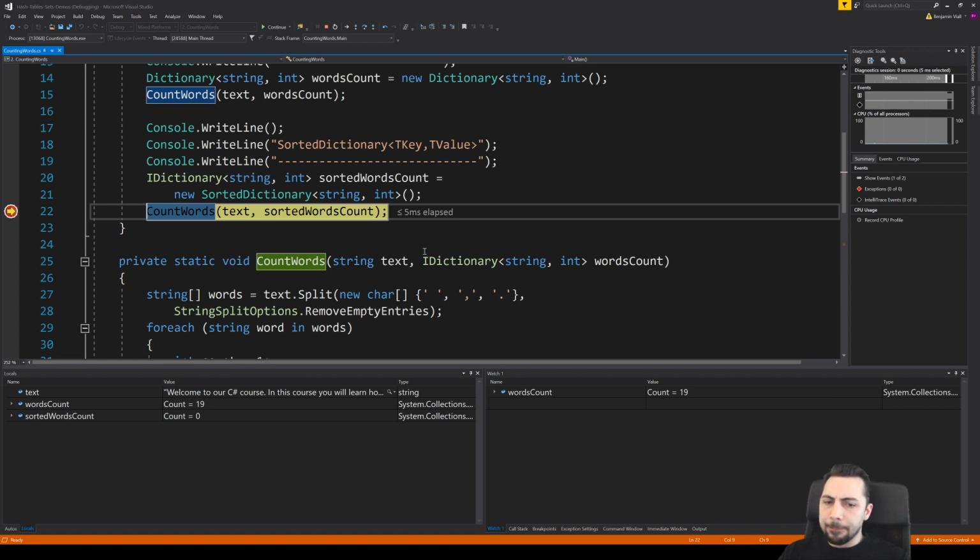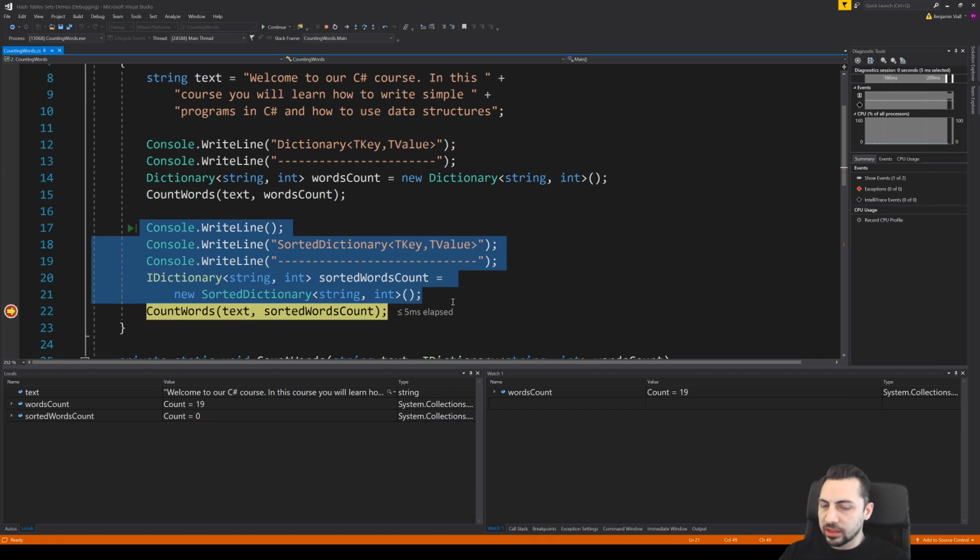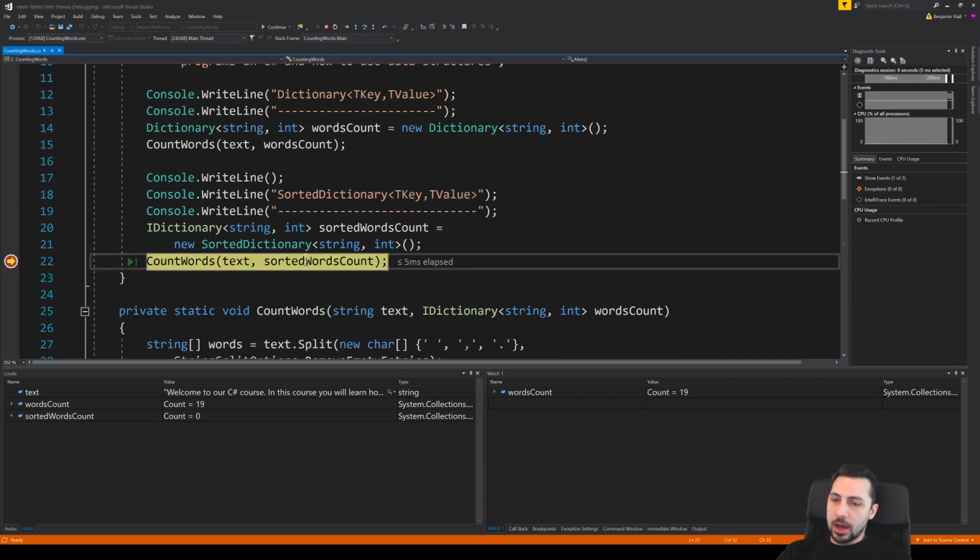But when I look at word count the second time, okay, we're going to do exactly the same thing, but instead of a dictionary, we're going to use a sorted dictionary. Sorted dictionary, same type of setup. Strings are the keys, ints are the data. And we're going to count the words in the same text.